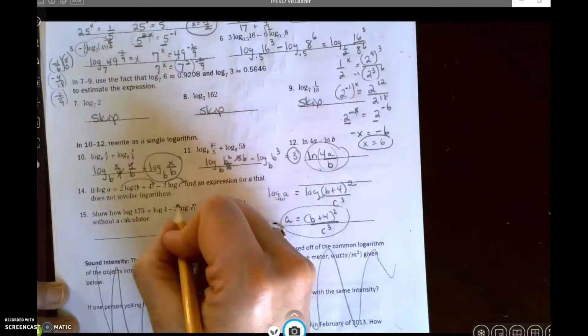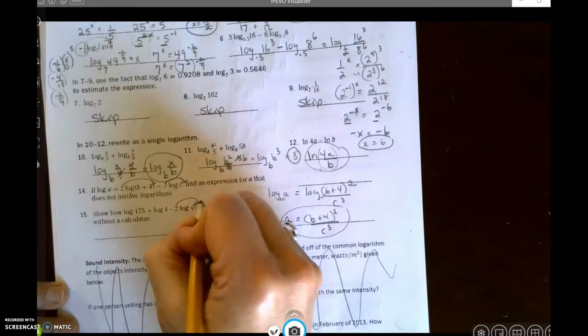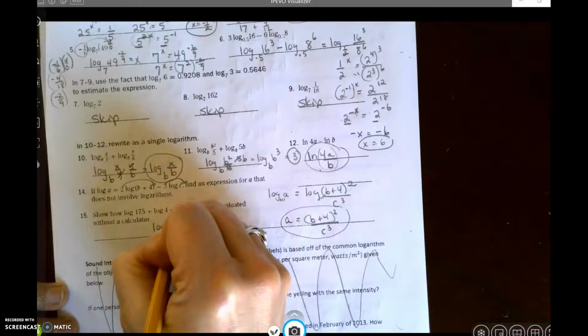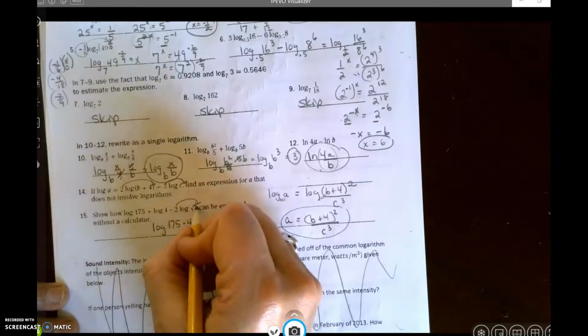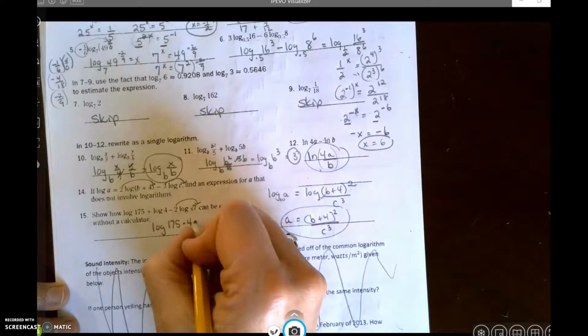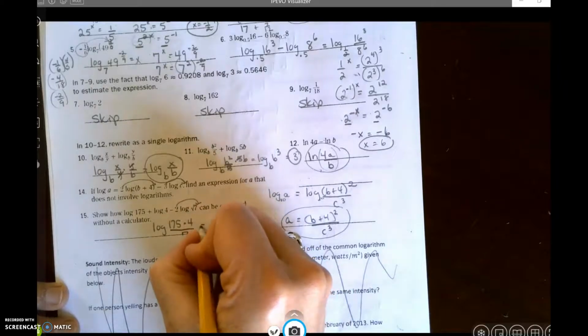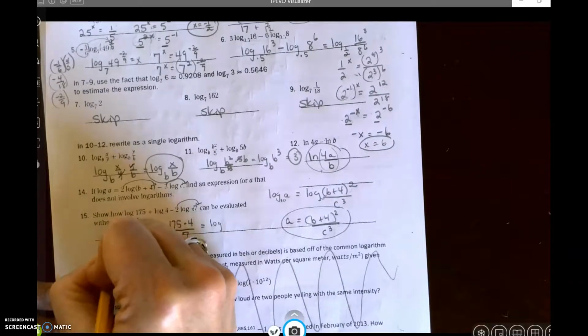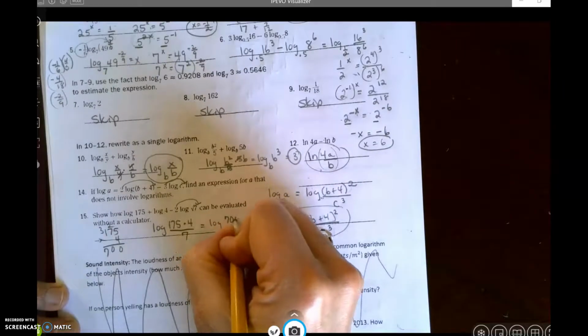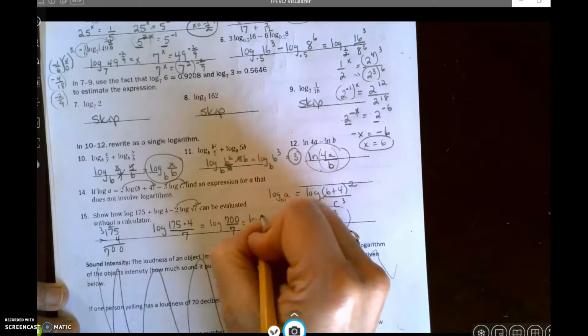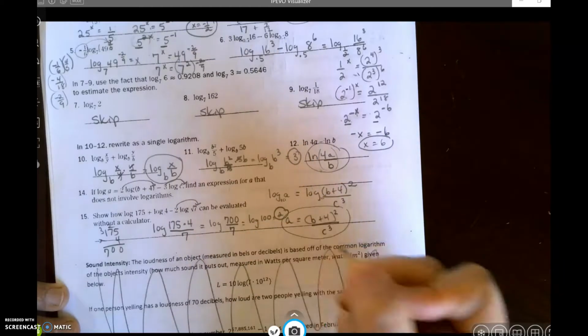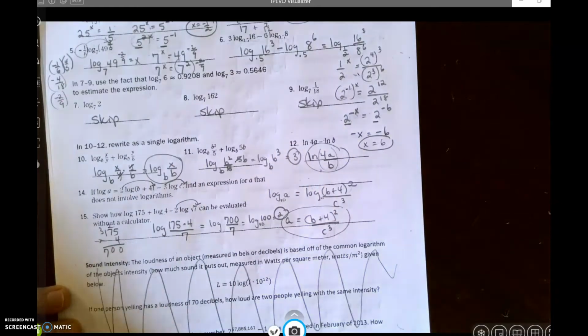Let's do number 15, last one. On this page, log of 175 plus log of 4 minus 2 log of square root of 7. I'm going to move that 2 and it becomes an exponent. So I have log 175 times 4. Now when you square a square root, it just becomes whatever's under the radical. So that's just going to be divided by 7. So I end up with log of, let's see, what is 175 times 4? 0 to 20, 28, I get 700, which becomes the log of 100. Well, that's simply 2, because remember this is a base 10. 10 squared is 100, so we just simply get